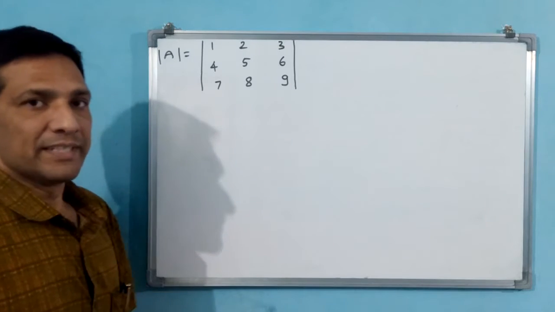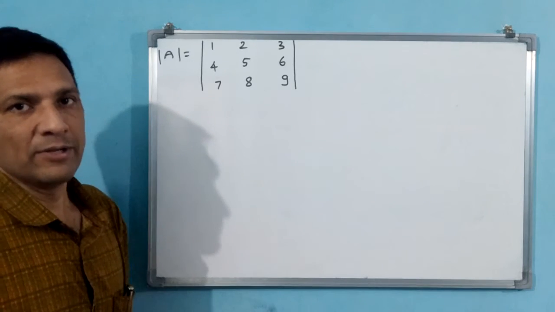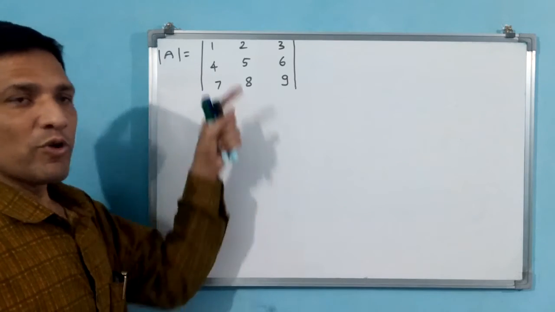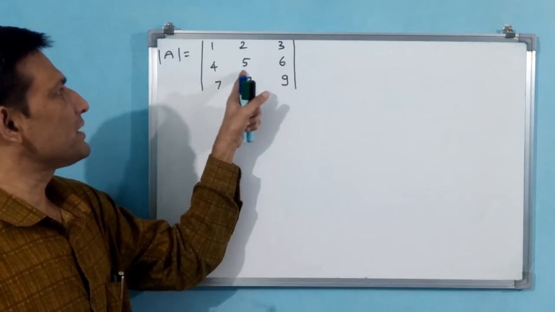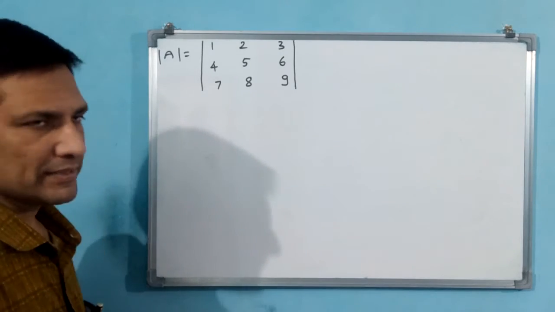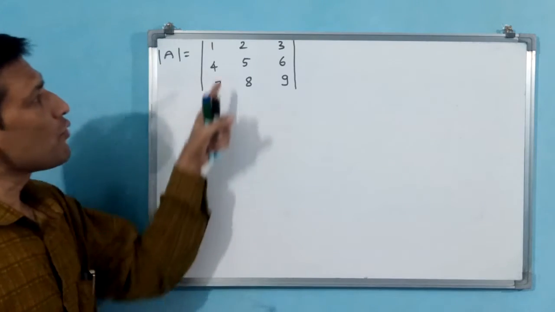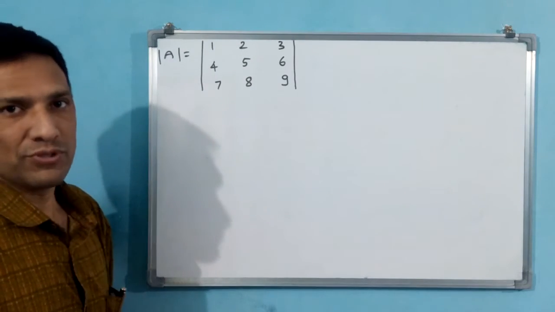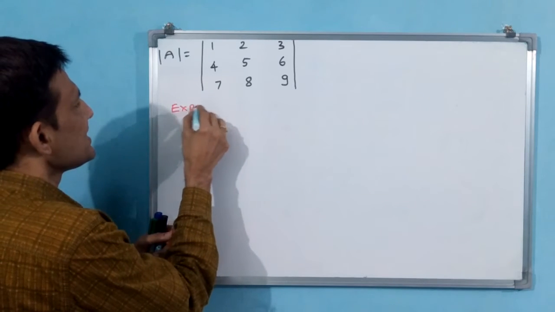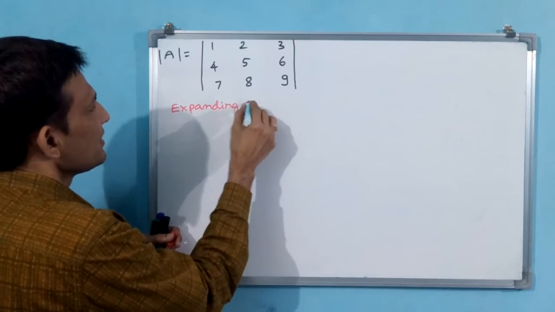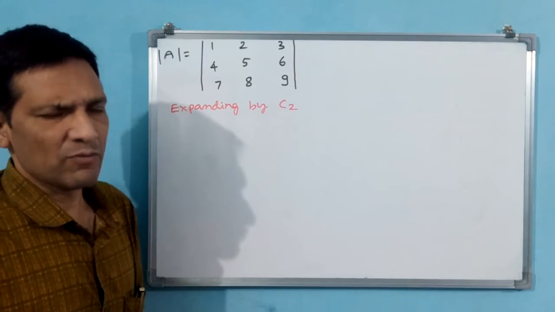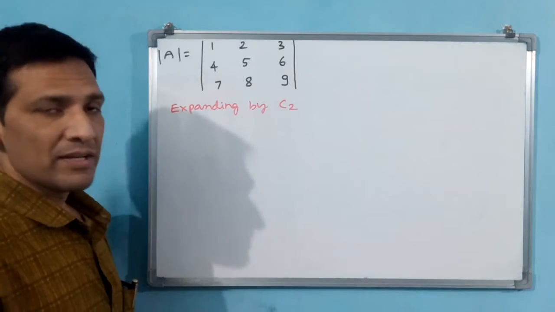See, this is a determinant, but we have to find the determinant value. This we have just represented. We know very well that plus, minus, plus, minus, plus, minus, plus, minus, plus will come; we have to do this calculation in our head. Now I am going to expand by column 2, C2. I am writing like this, you see. Expanding by C2, because R1 we have already seen. We don't do R1 again. We will expand now by C2.